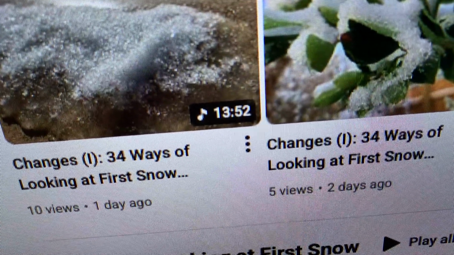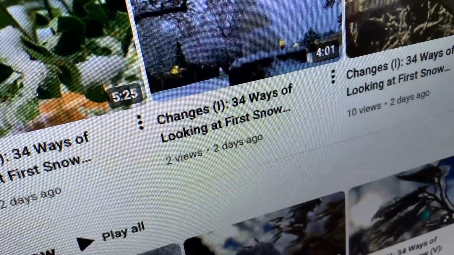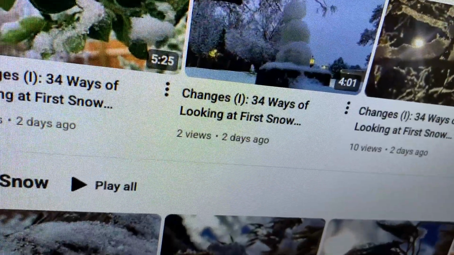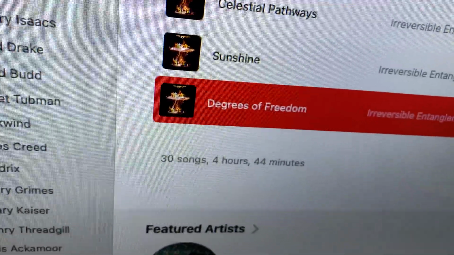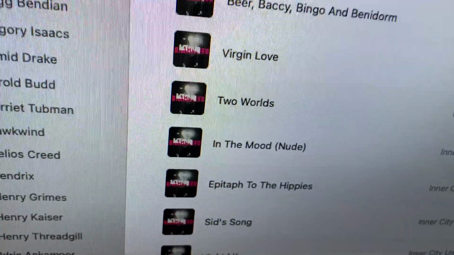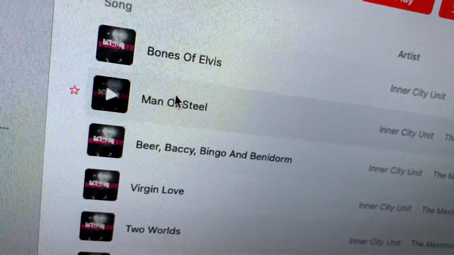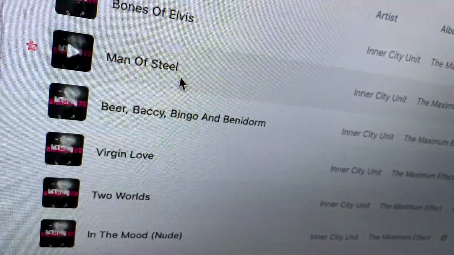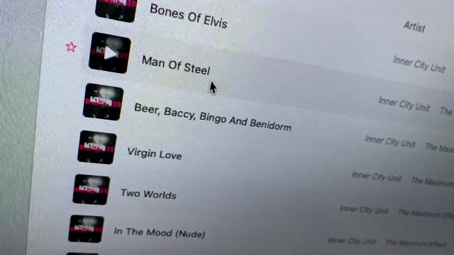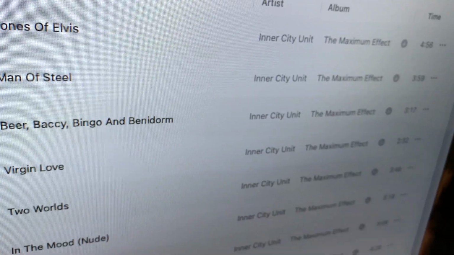Now, what the number was before, the one that was appealing to me was 10, 4. Was it 2? Yes, I think it was 10, 4, 2. And then if we go to that number, that is Inner City Unit, and the number is Man of Steel. And the reason that it was appealing to me is not because I wanted to talk about Superman at all. I mean, I really don't. But because one of the things that is on our plate, that we need to change, is the Navajo playlist. And the reason that we need to change the Navajo playlist is